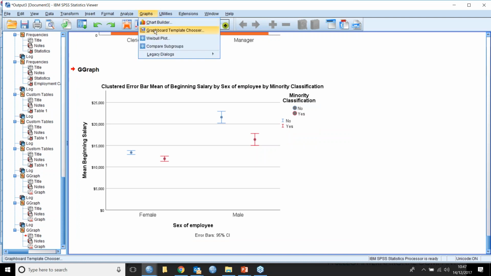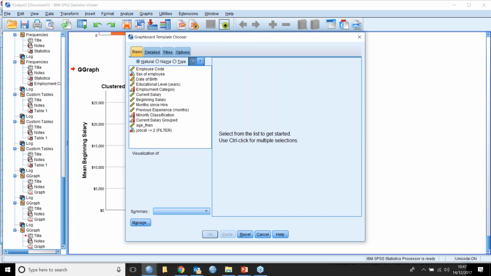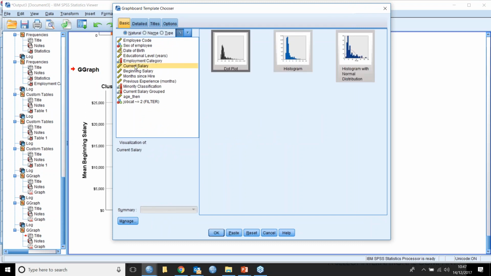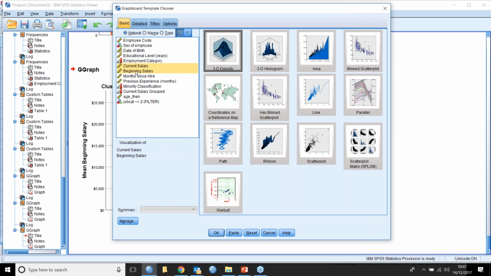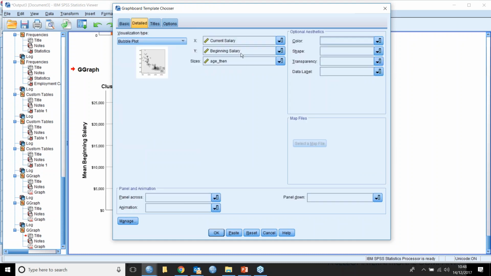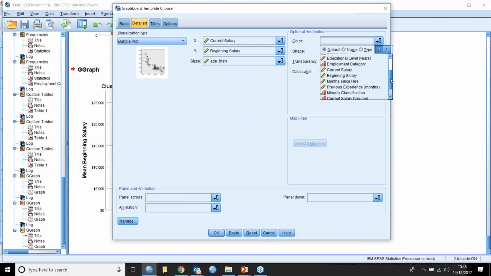I'll just finish up with one last example here. This is called the Graphboard Template Chooser. And this is quite a useful graphing procedure, where we can click on different variables and it will recommend approaches to us, or recommend charts to us. So you can see here it's saying scatter plot. If I put in 3, you can see here it's offering me a bubble plot or a scatter plot matrix. If I go to the detailed menu here, I can color the bubble sizes by a 3rd